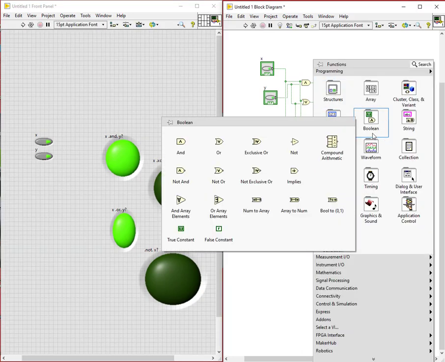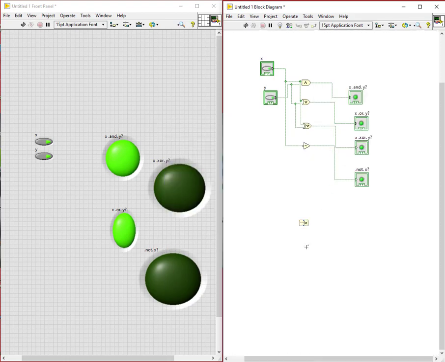I'm gonna show you another one, that is compound arithmetic. This compound arithmetic is a different thing where we can give multiple inputs to it and we will get a single output. Here if we give multiple inputs, the OR of all these values will be given as output from this end. I can change the compound arithmetic operation by clicking on this, change mode, to AND, OR or XOR. So I have 3 options here, I can choose one of them and utilize it.